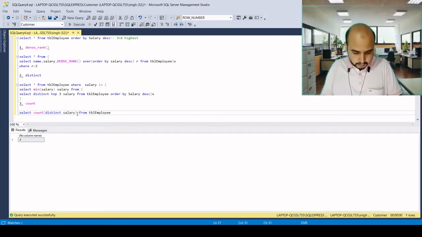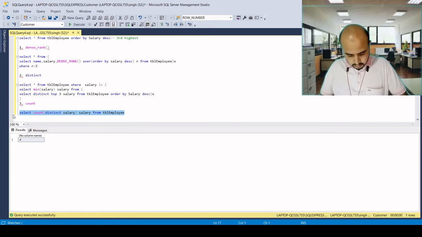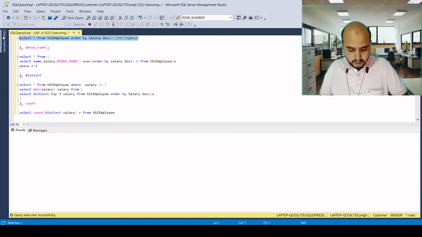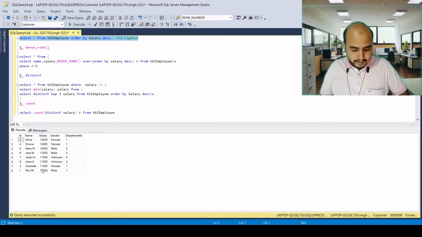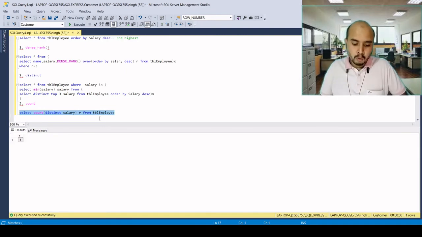Basically there are 4 rows of salary. Let's give it the name R, because this is the count. So there are four different or unique salary values: 10,000, 11,000, 12,000, and 13,000. So there are four distinct salaries.